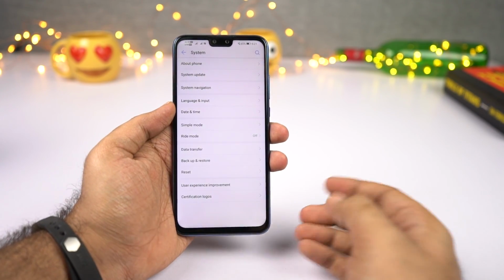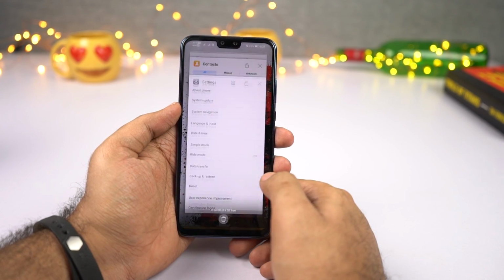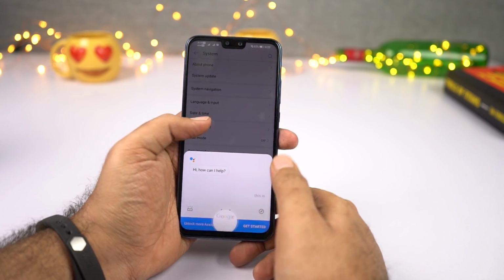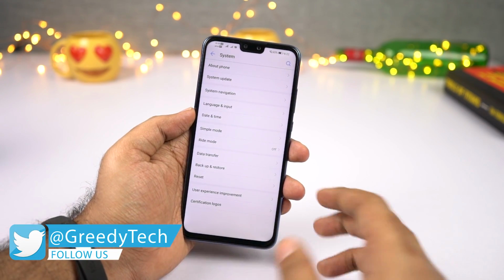So for a quick demonstration, you can go back by swiping to the left side or to the right side from the edges, and to go home you can swipe from the center, and you can swipe and hold for recent tabs. Now while using these gestures, you can swipe from the right side corner or the left side corner to trigger Google Assistant. So these are the new gestures and they have been inspired from Xiaomi's gestures,